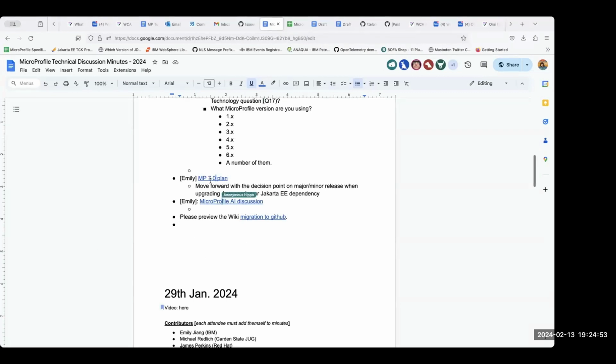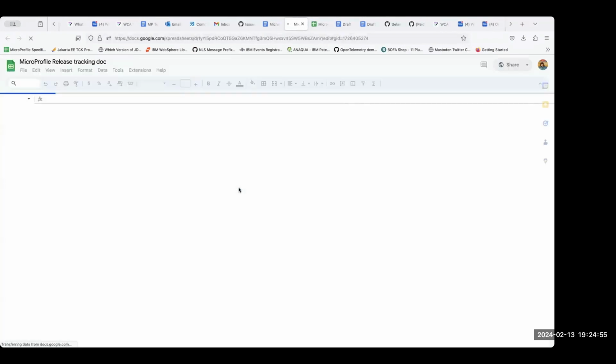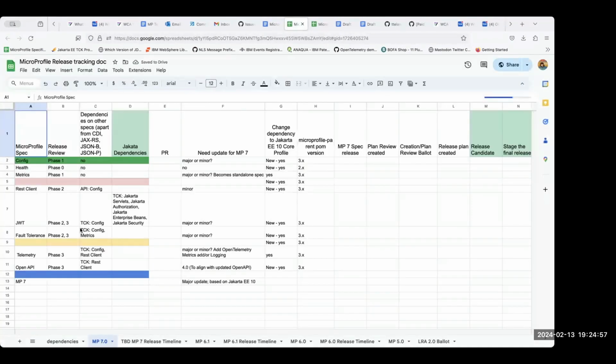So we discussed the scope. Let's first look at the scope. Without that conversation, we know that at least Telemetry and OpenAPI will have a release, and Fault Tolerance is a knock-on effect from Telemetry. We know these three will have a meaningful spec release.